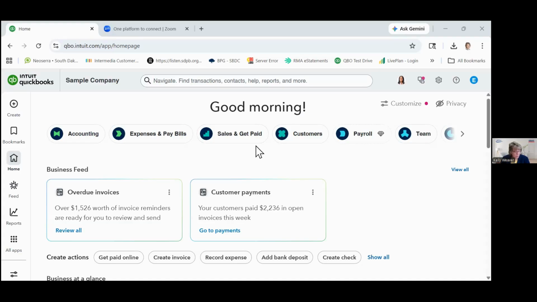And then they also put out a, well, it used to be a newsletter. Now it's all done online, and they have a website called firmofthefuture.com. It's more focused on accountants, for their QuickBooks accounting firms that are using QuickBooks with their clients. But the one thing I like about it for any of us is it gives you a look at what's coming up or what's just newly been released.